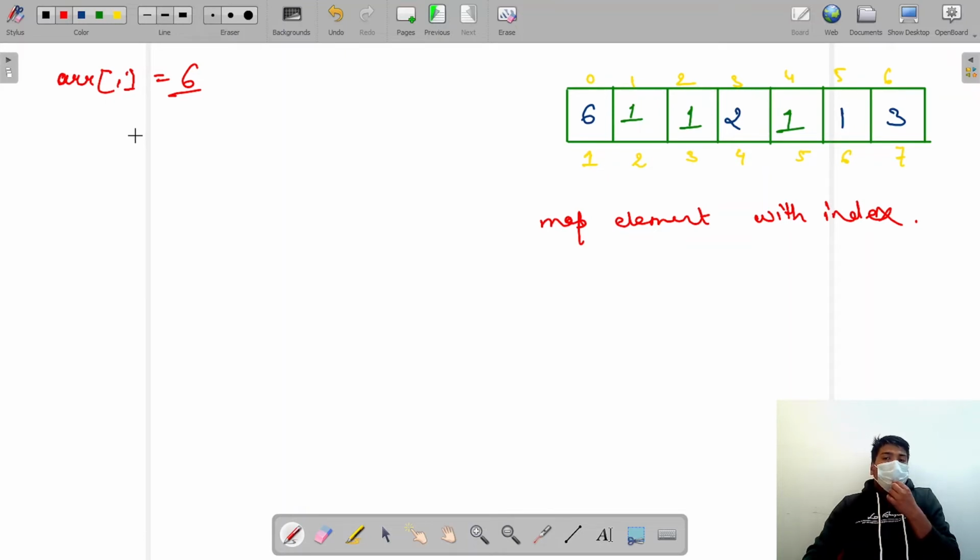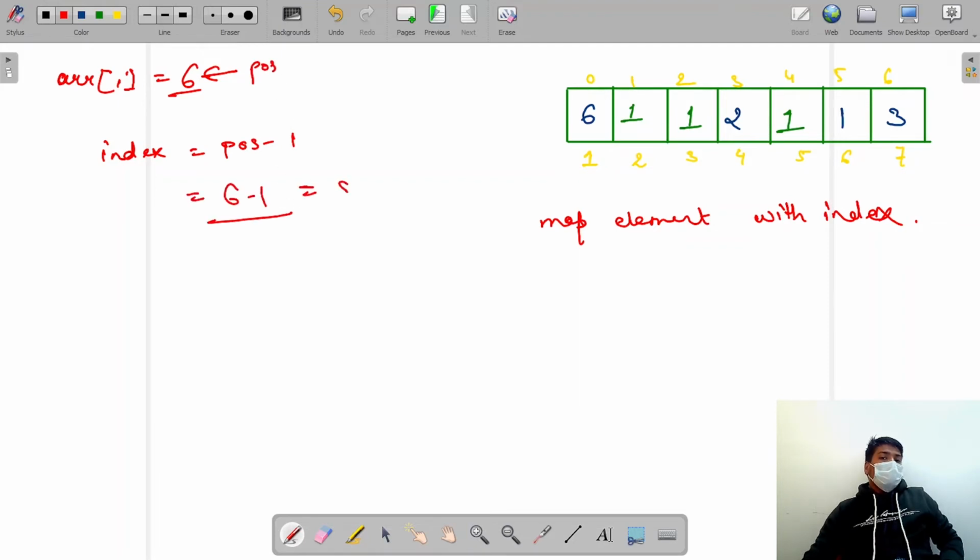If this is the position, the position of number 6 is 6. It is the 6th position, and the index is 5. So index is equal to position minus 1. This is the position, so 6 minus 1 is the index. That is, go to the 5 index, and any element sitting at the 5 index,